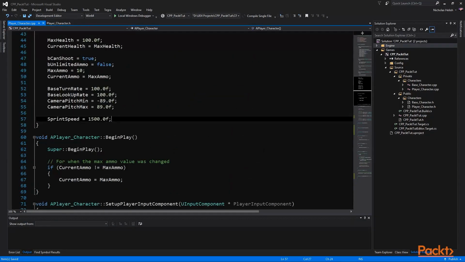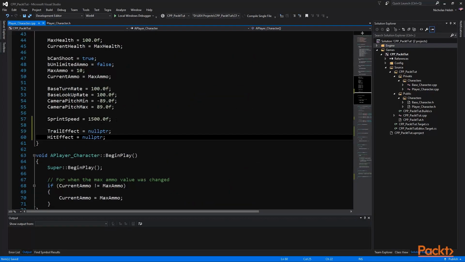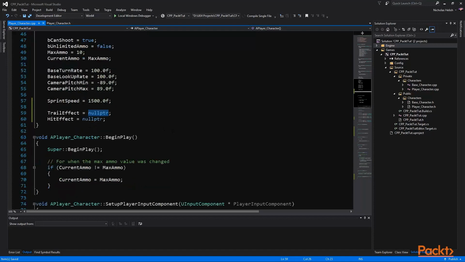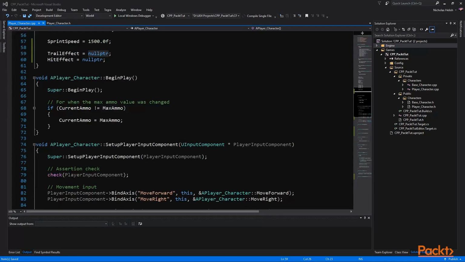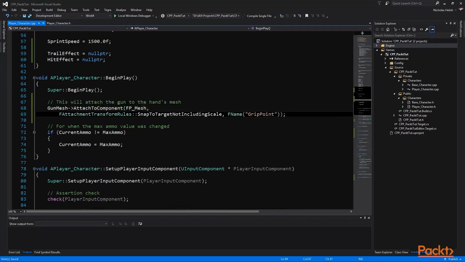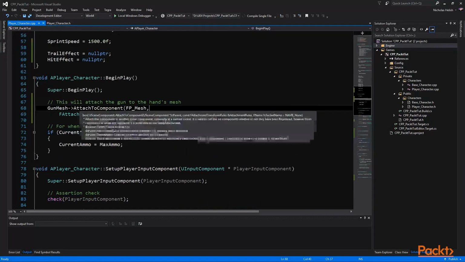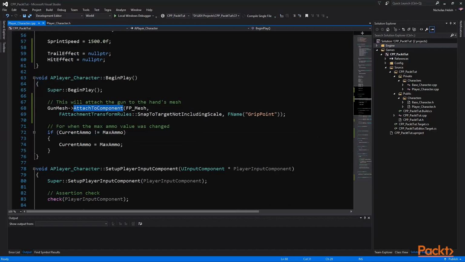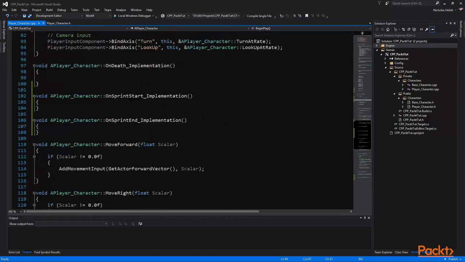In our constructor, we are setting the default values for our pointer variables by setting them to null, which for pointers is the keyword nullptr. This is also short for null pointer. In Begin Play, we will be attaching our gun to our arms or FP mesh. Here we are attaching the gun mesh to the component which is our arms mesh and snapping it to a socket which we have named grip point, which is already established on the skeletal mesh. If the skeletal mesh does not have that socket,